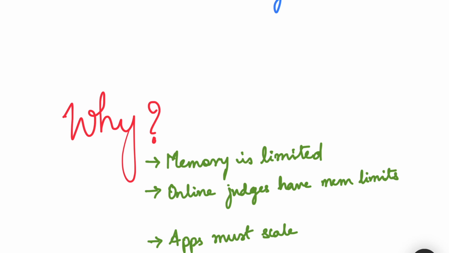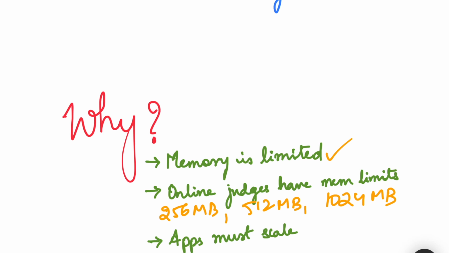Why space complexity matters? Now, you might think my system has enough RAM, why should I worry about memory? But remember, memory is always limited, and online judges have memory limits. For most coding platforms, memory limits usually fall in this range: 256 MB, 512 MB, and 1024 MB, that is 1 GB. So 256 MB is very common by default in most coding platforms, 512 MB is common for harder problems, and 1024 MB or 1 GB is very rare, mostly used for